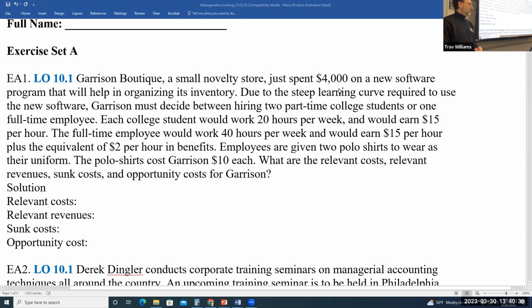So starting with exercise number 1, let's look through this story here, and we have to figure out what are the relevant costs, relevant revenues, sunk costs, and opportunity costs. So this is a boutique novelty store. It says they just spent $4,000 on a new software program